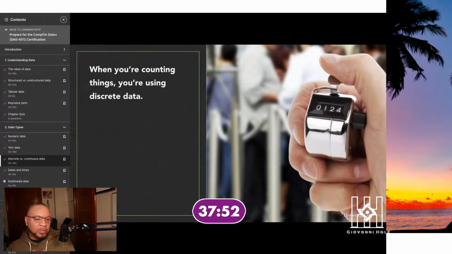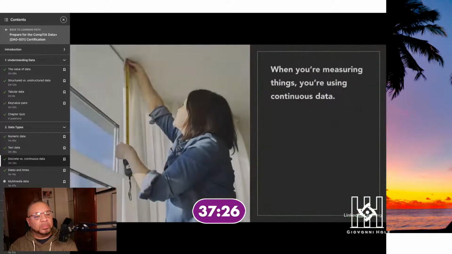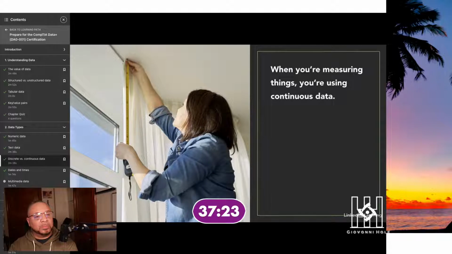One quick shortcut for identifying whether a numeric value is discrete or continuous is thinking about how you gather the data. In cases where you're counting things, the data is generally discrete. If you're counting the number of people entering a stadium, you're going to come up with a whole number, and that number is going to be somewhere between 0 and the number of people who fit in the stadium. It doesn't make any sense to have a decimal value because a half a person can't enter the stadium. On the other hand, in cases where you're measuring something, you're generally going to have a continuous value because the number of decimal places you have will depend upon the precision of your measurement. Examples of these continuous values include measuring the weight of an object or the air temperature.